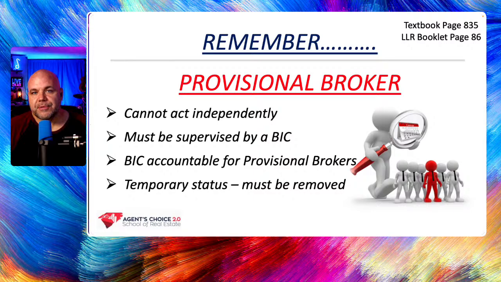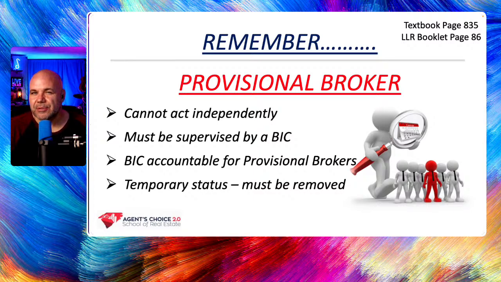And some firms say, you know what? Yeah, okay, I'm your BIC, all you provisional brokers, but I don't want to drag this out for 18 months. Some firms might have a policy that says you've got 6 months. You better get your post done within 6 months. And they require it as a firm policy because they don't want to have all those provisional brokers out there